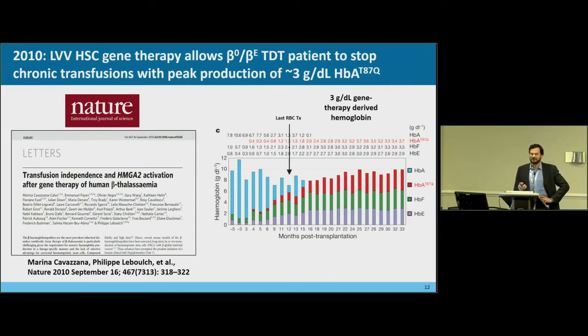This was a young man with E0 thalassemia. This is the type that's prevalent throughout Southeast Asia. And he was transplanted at Hôpital Necker by Marina Cavazzana and Philippe Leboulch and their colleagues, and had a really remarkable outcome. And you see on the figure on the right side, on the y-axis, hemoglobin in grams per deciliter,